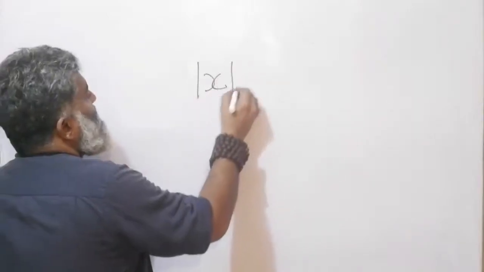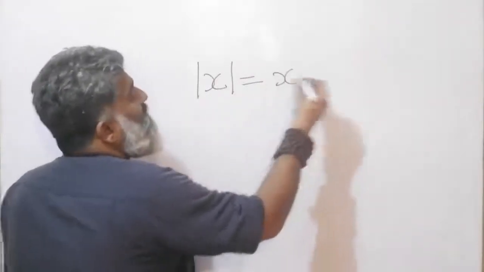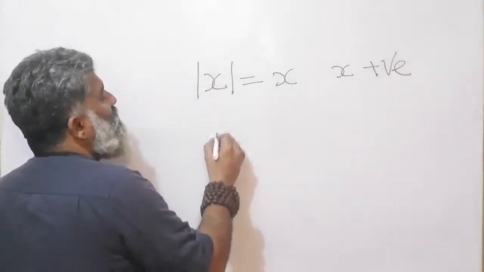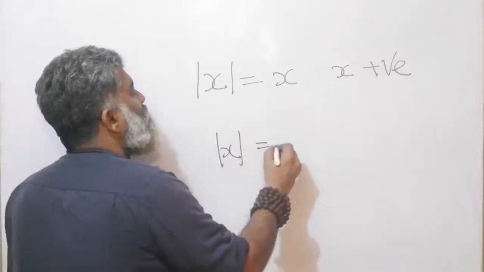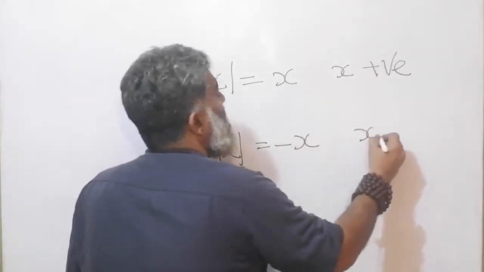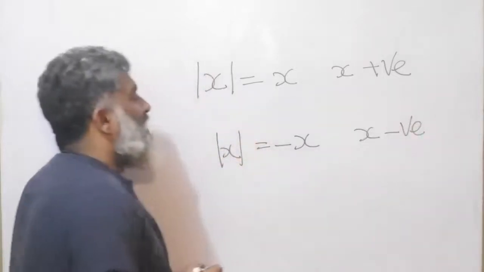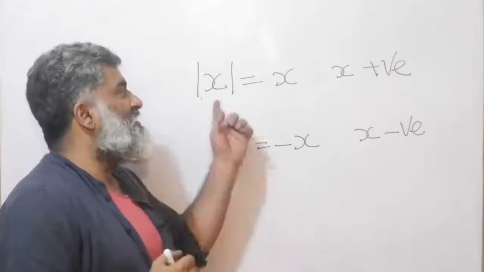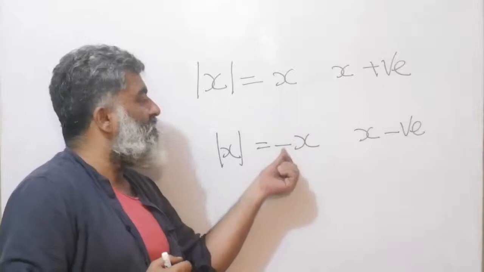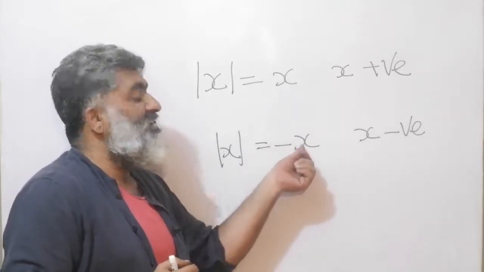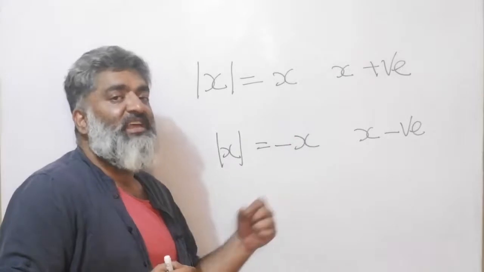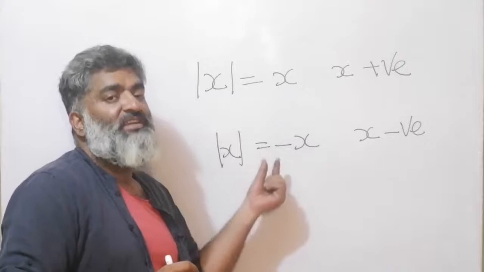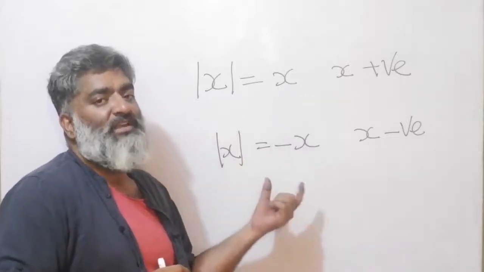So mod of x is equal to x when x is positive, and mod of x is equal to minus of x when x is negative. Now at this very step, I remember at least I felt that hiccup: I just learned that the value is always positive, but I am putting a minus here. But remember, the x itself is negative. That means x itself also carries a negative symbol there. So a minus into a minus will overall give you a plus result, right?